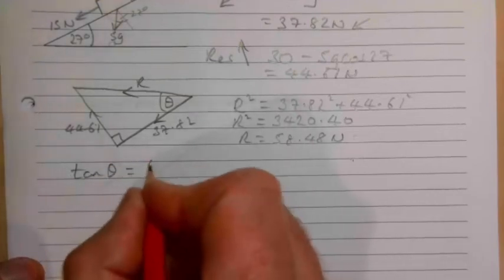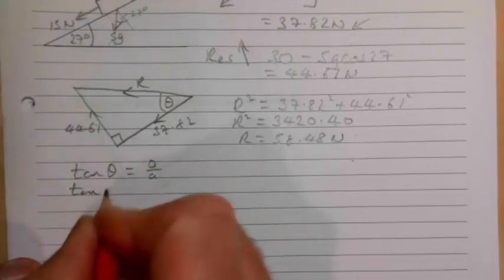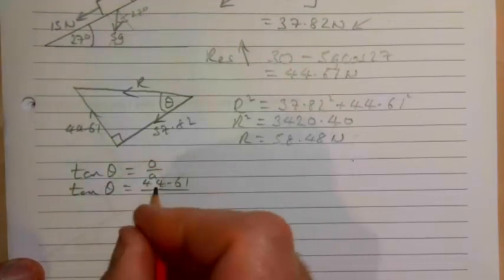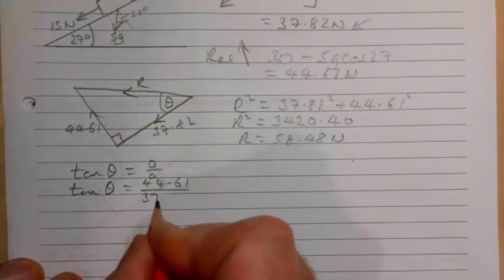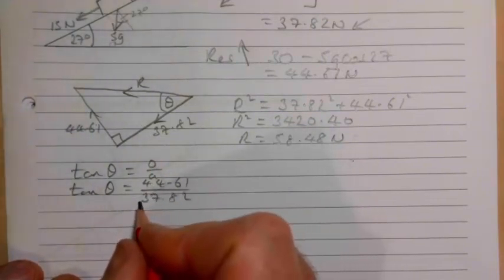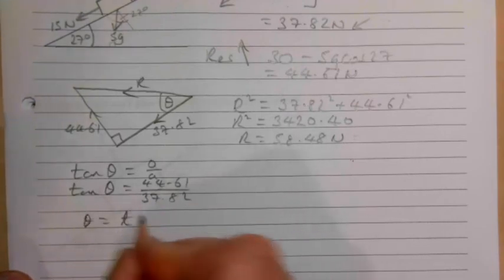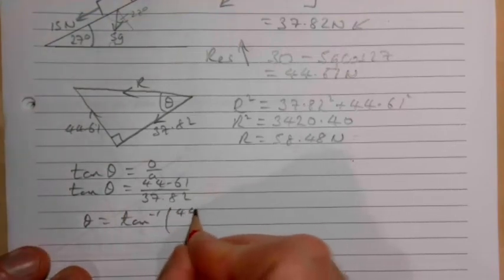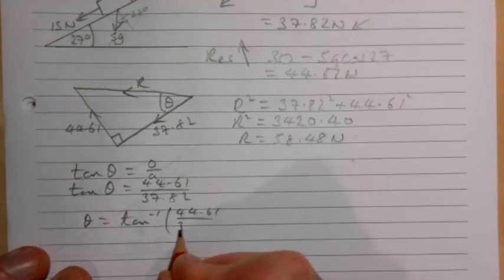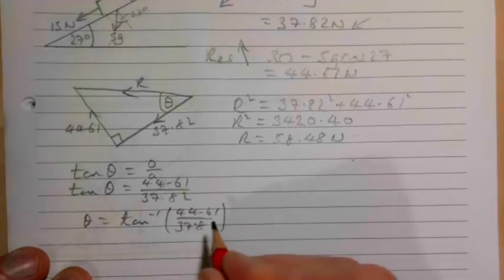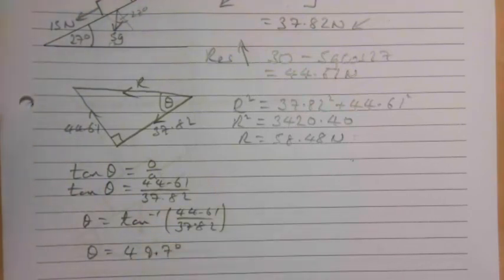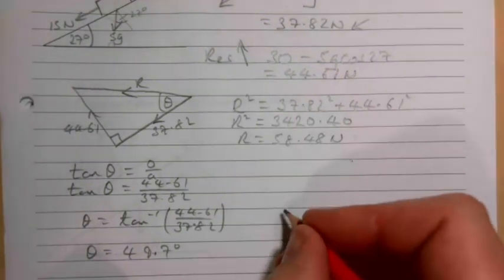Tan theta is O over A. Tan theta is 44.61 over 37.82. Theta is tan to the minus 1, 44.61 all over 37.82. So theta in this case then is 49.7 degrees. Final wee statement then would be